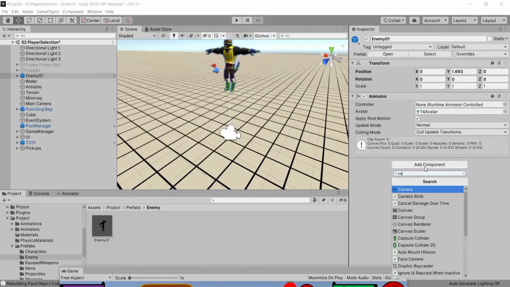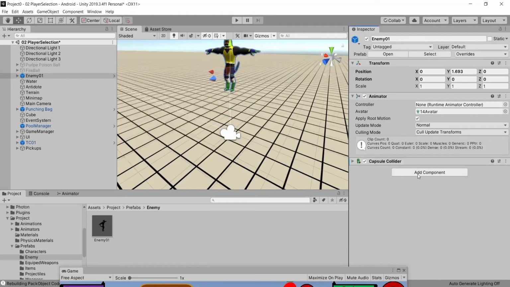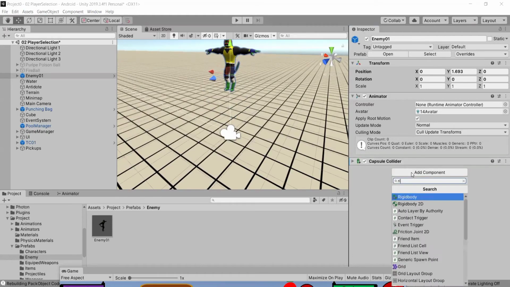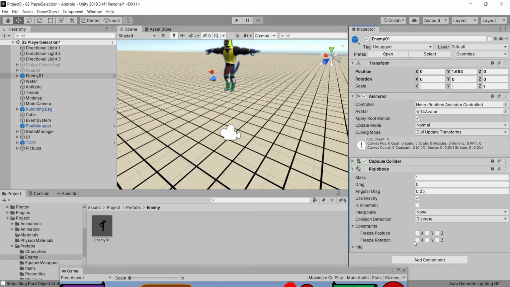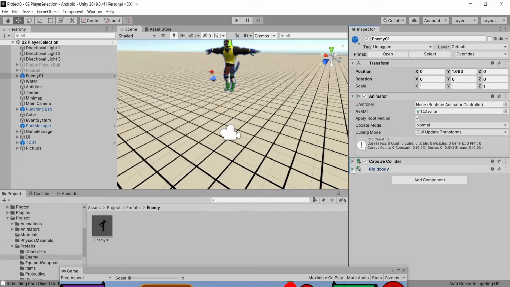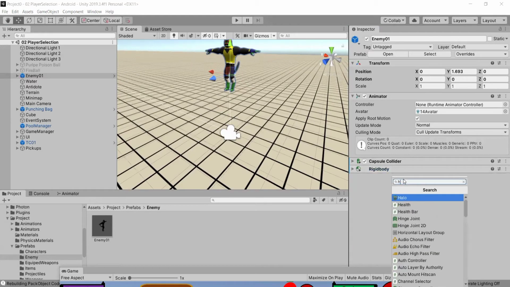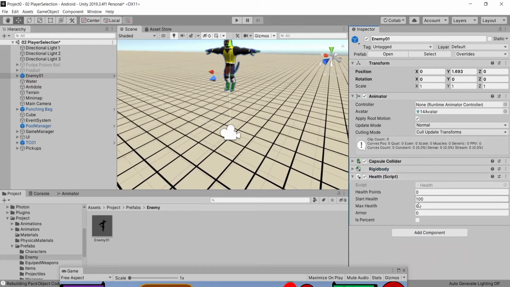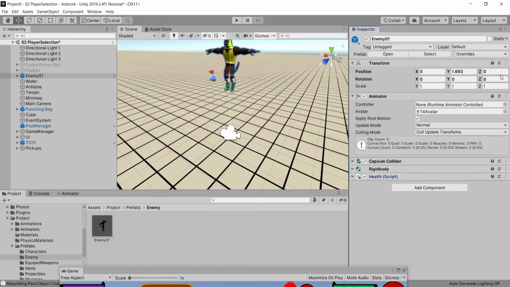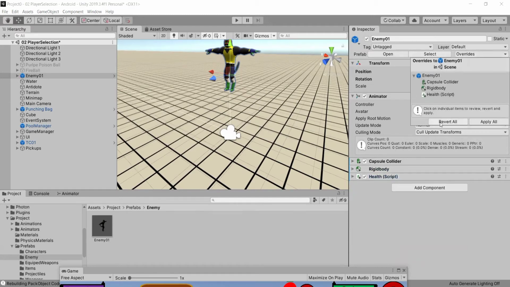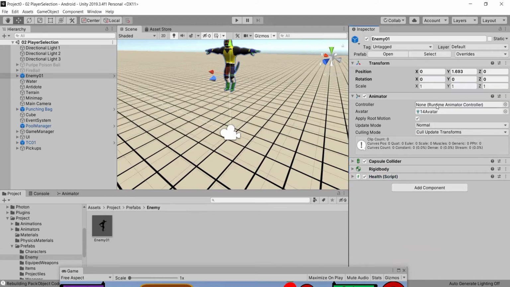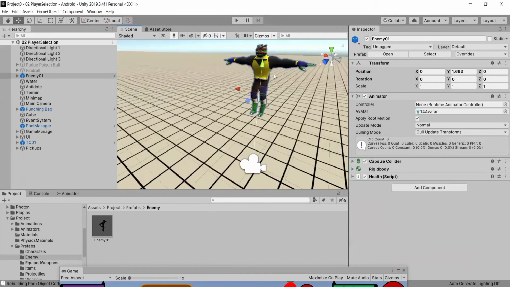Let's add a capsule collider. Let's add a rigid body, and in the rigid body I'm gonna freeze the rotation on all 3 axes, and let's add a health script. So the start health is set to 100. We can use that, and let's hit override, apply all, and we don't really have an animator controller for this enemy's animator. Let's just leave it